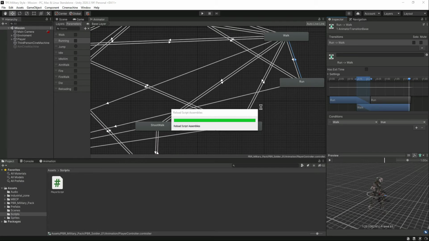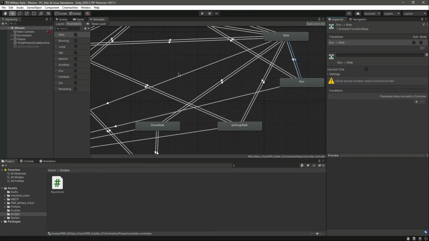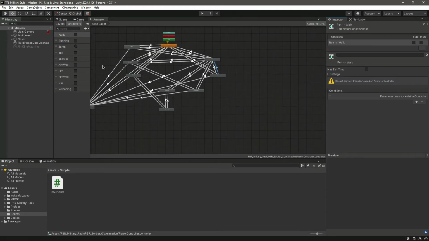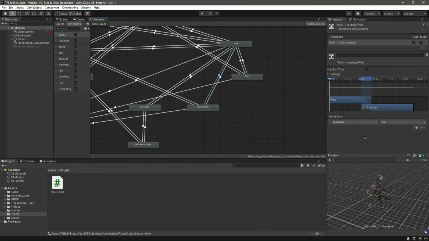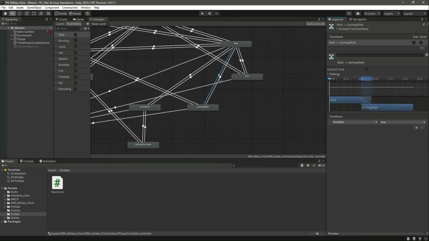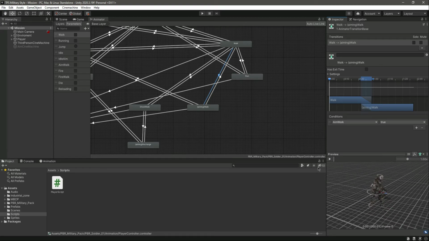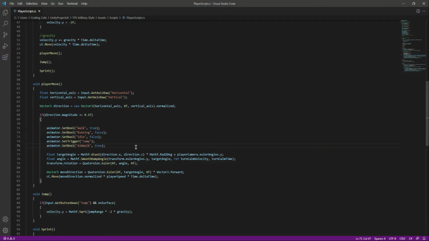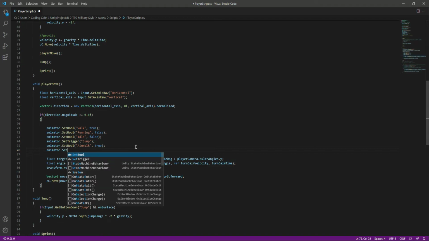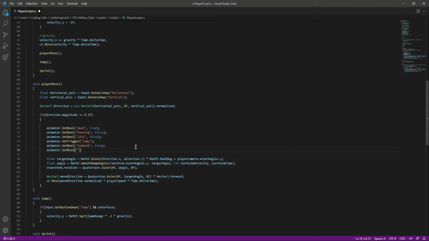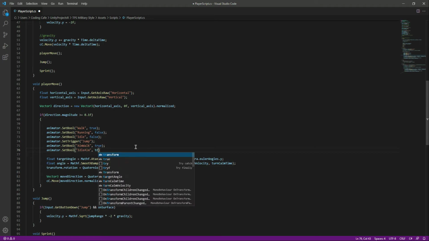If we get back right here and let me do this, okay? Where is the walk? Okay, here is the walk and then aiming walk. As you can see we set the aim walk to true, so this will happen like this. So if we are walking we can also aim walk like that. Okay, so after this we will say animator dot SetBool, and we will set the idle aim to true as well,